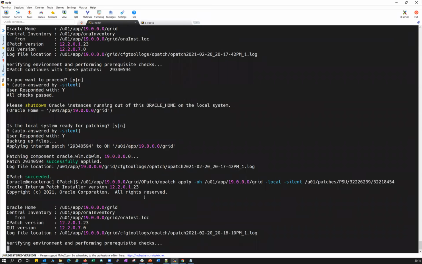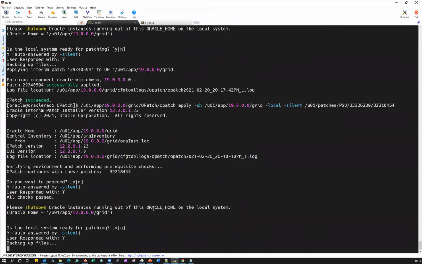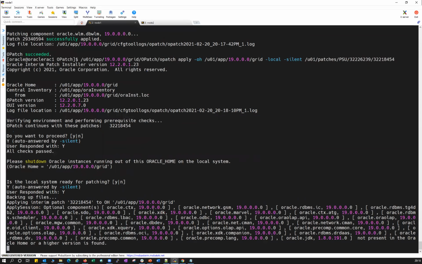Okay, this is really time consuming. Patching always is, and that is the reason for the best practice: many people go on weekends or off business hours to avoid unnecessary downtime or any issues. Better to go with weekend activities or off business hours whenever you are planning a patching exercise.